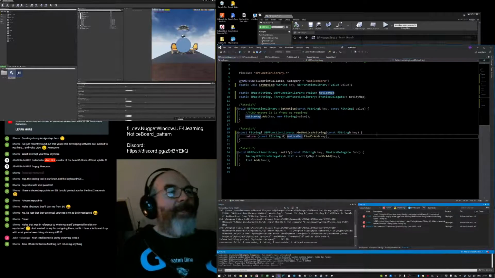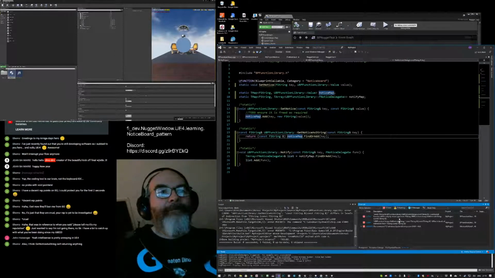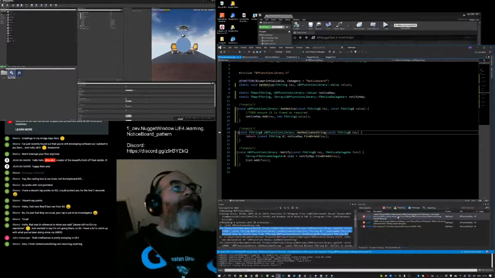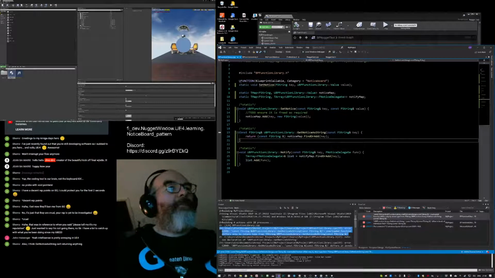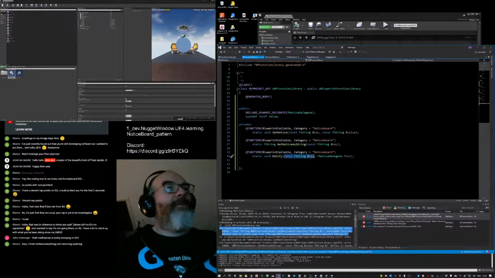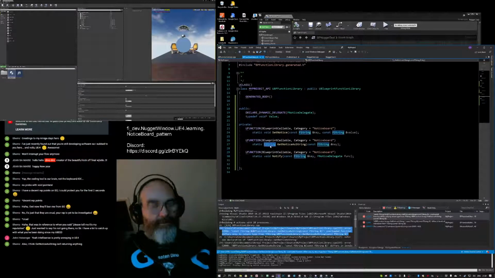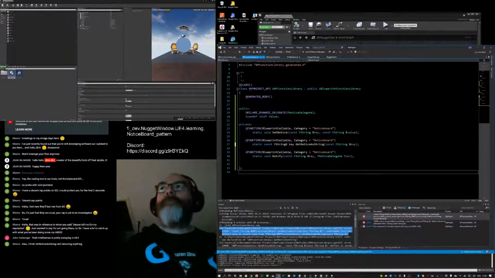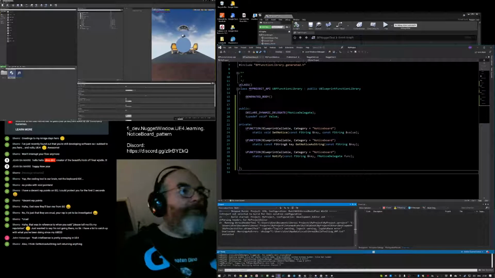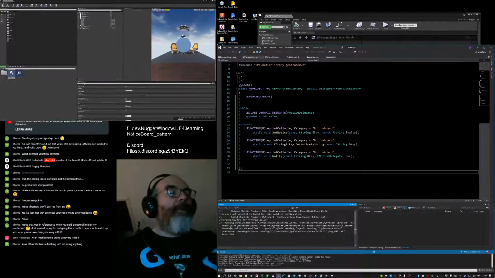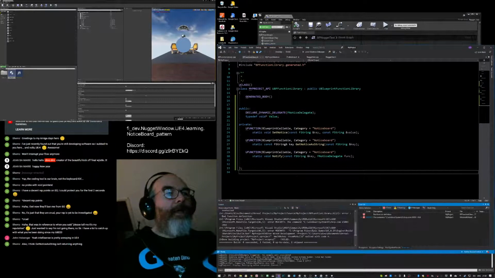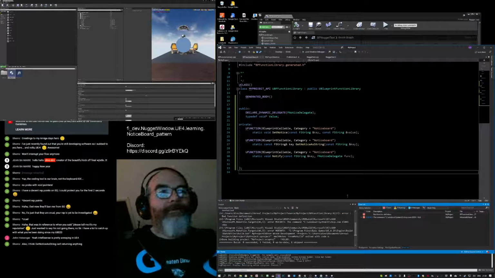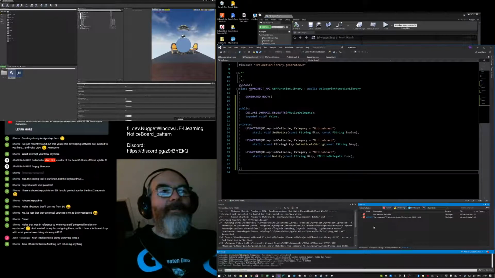Let's see, probably an error. Oh, hang on, that's a different error because I changed this. I need to change the definition. It almost succeeded.